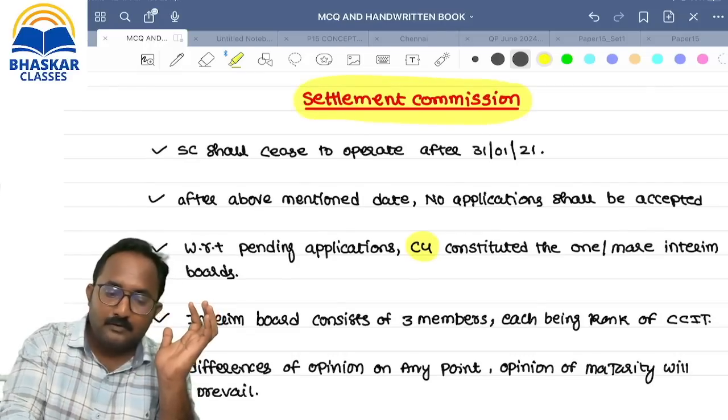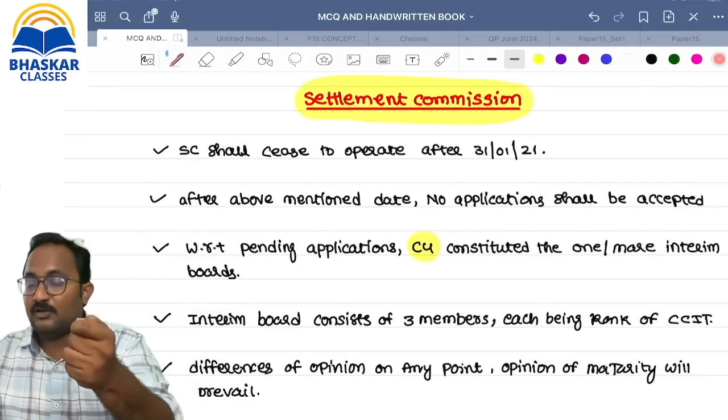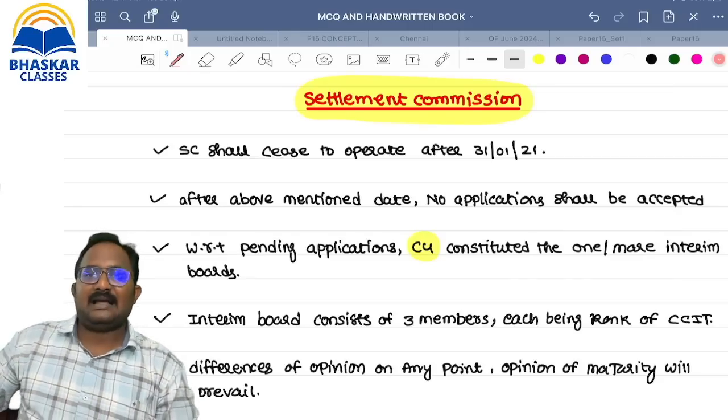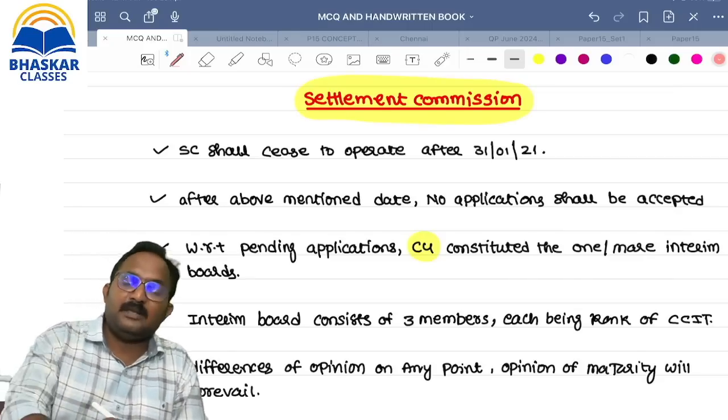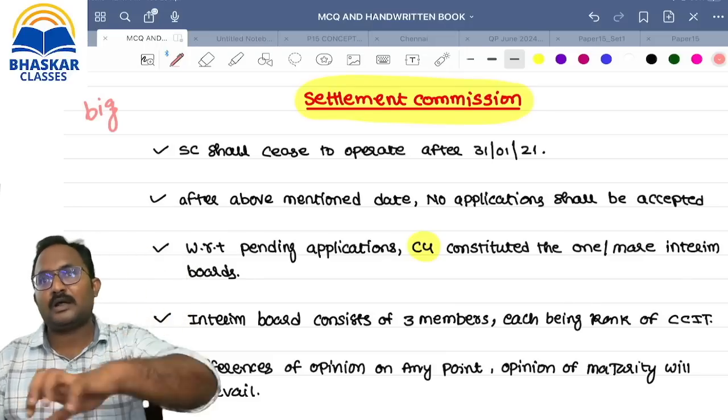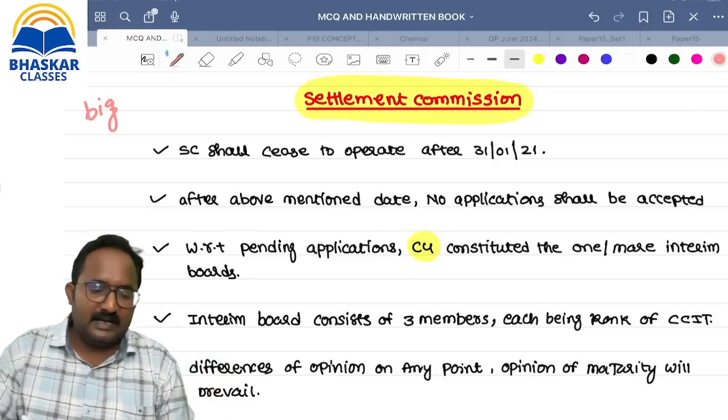So if you apply to the settlement commission, they will give one outright amount. You can pay that amount and settle your case also. They are issuing it for orders of 5 lakh tax? Not 5 lakh, because this is for the big fishes, not for small fishes. This is for big fishes, where a huge amount of tax is pending, then only you can apply before the settlement commission.